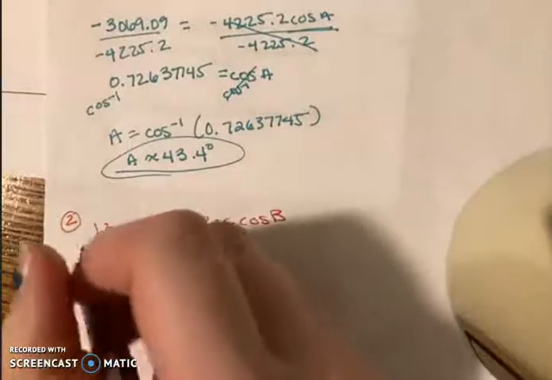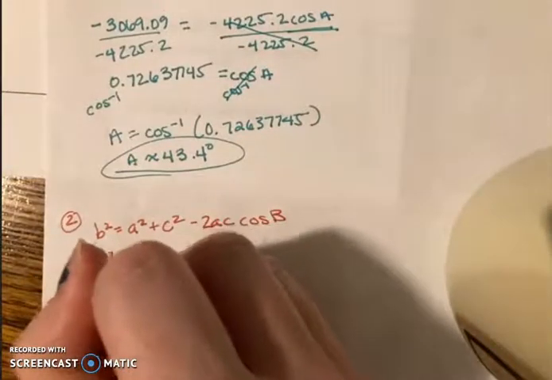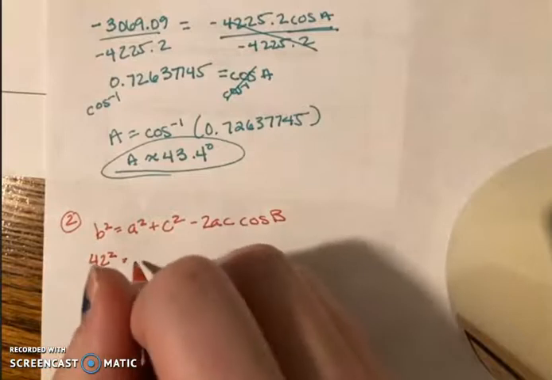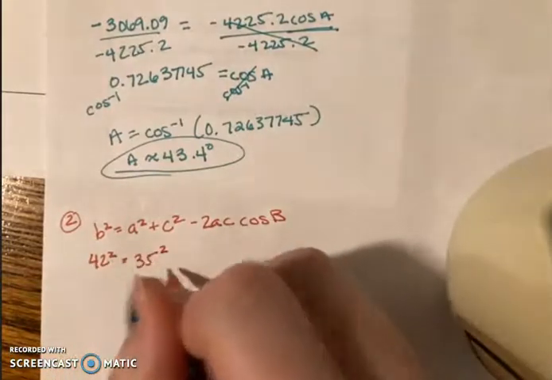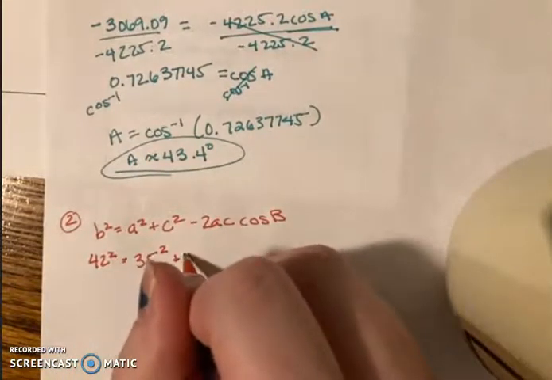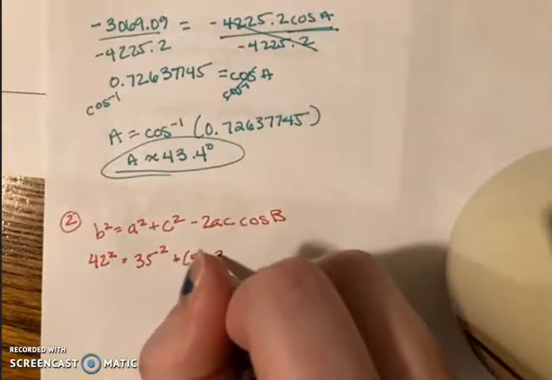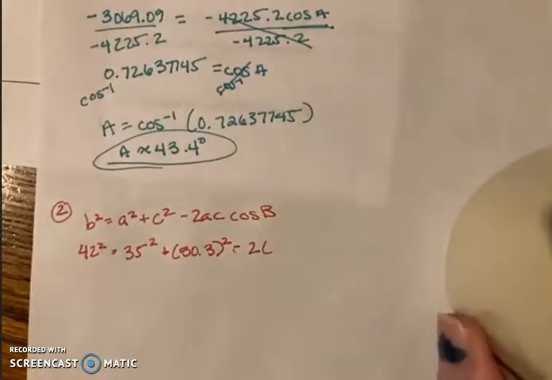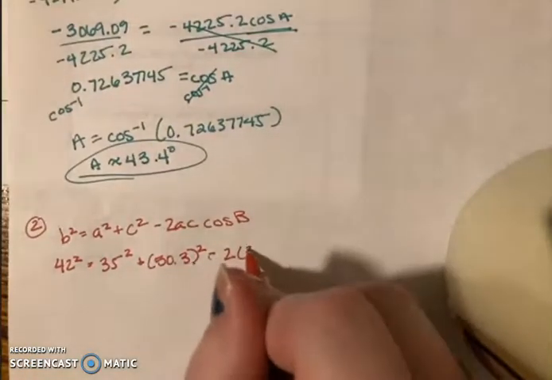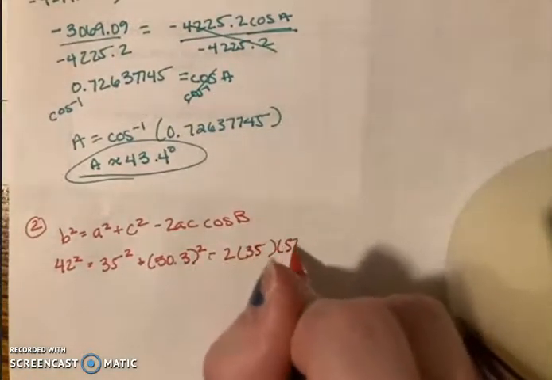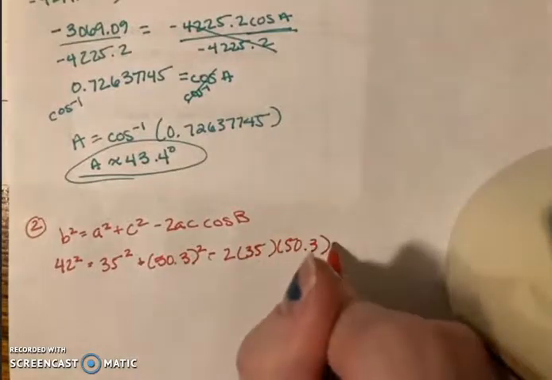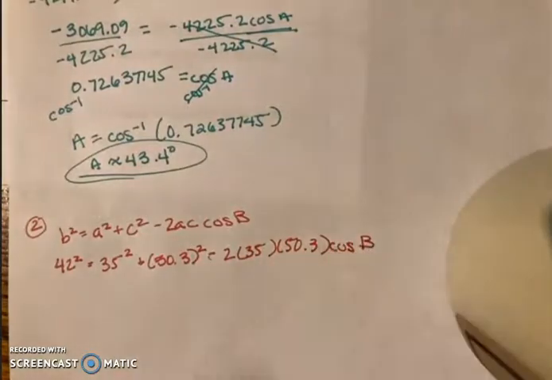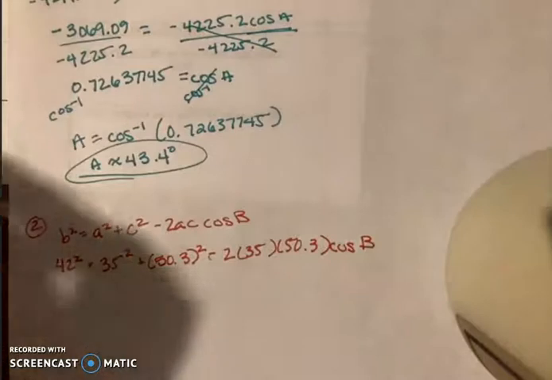So B, the side length is 42. A, the side length is 35. C, the side length is 50.3. So that's minus 2 times, scooch this over, 35 times 50.3 cosine B. Let's clean it up. So 42 squared